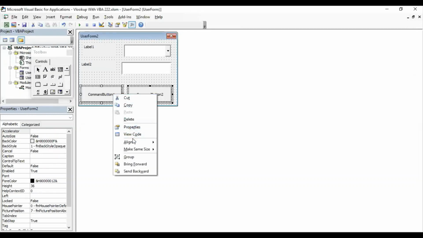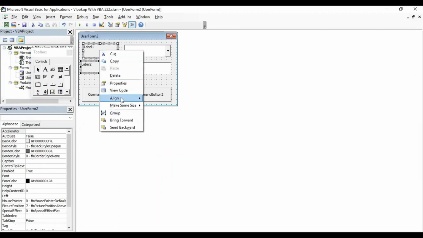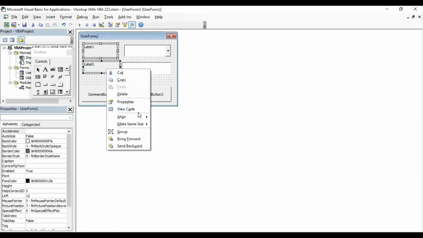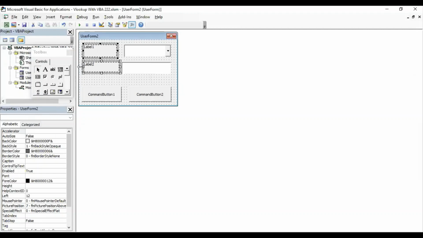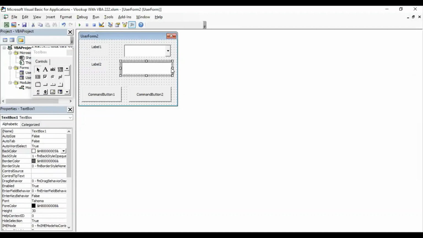Now adding the buttons here, alignment, bottom, and we need to set the position of the labels as well, so the form will look decent. We need to adjust the text box size as well, so it will look much better.